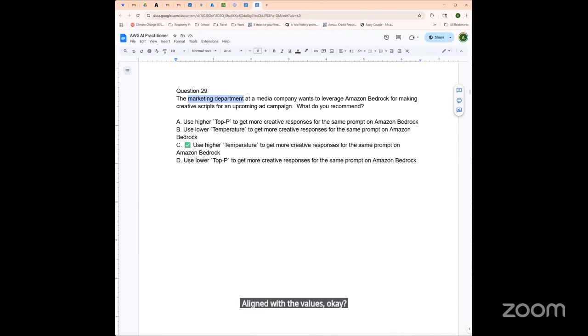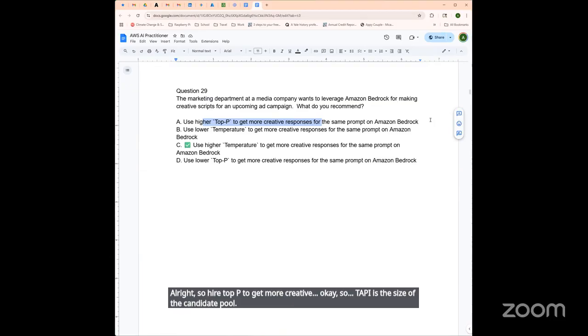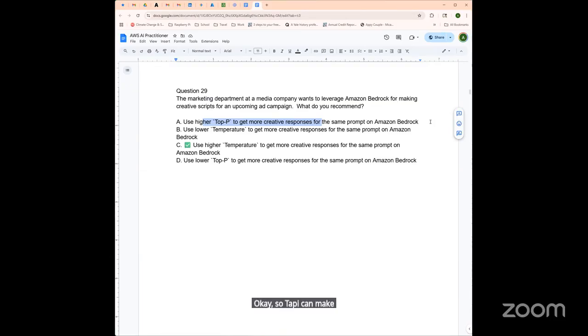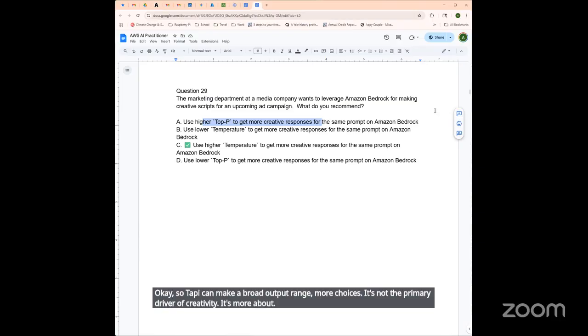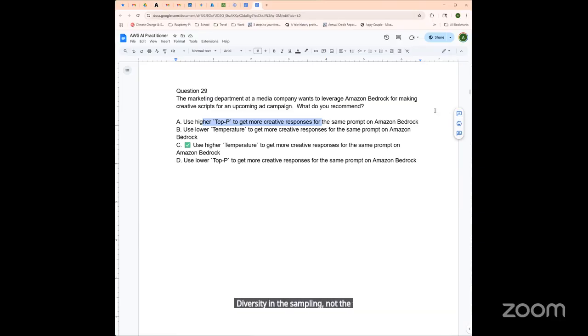All right, why are the other ones incorrect? Higher top P to get more creative. Okay, so top P is the size of the candidate pool. Top P can make a broad output range, more choices. It's not the primary driver of creativity. It's more about diversity in the sampling, not the randomness. And then a lower temperature, well, this is not what you want.